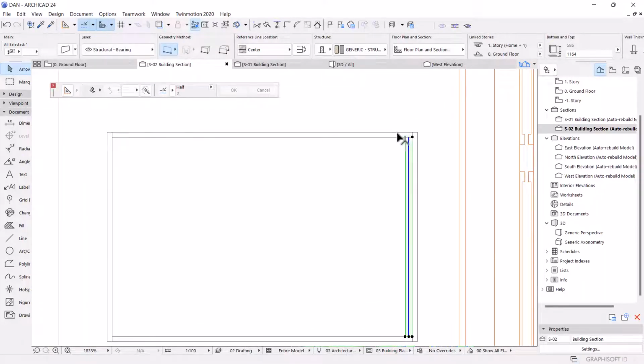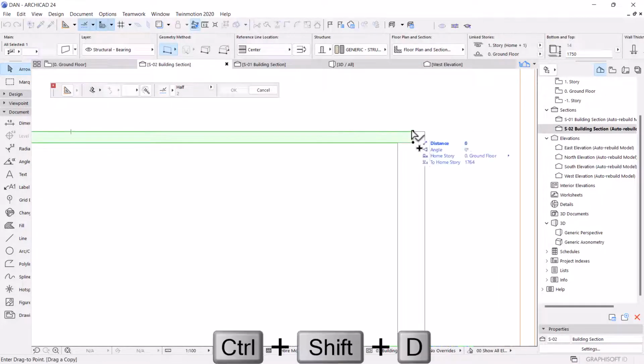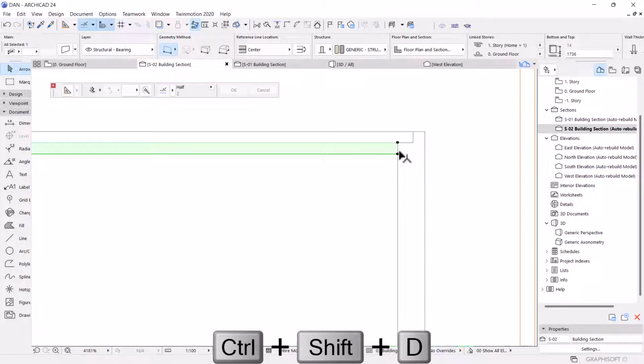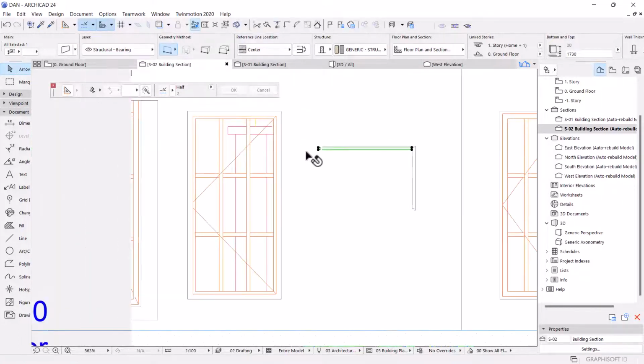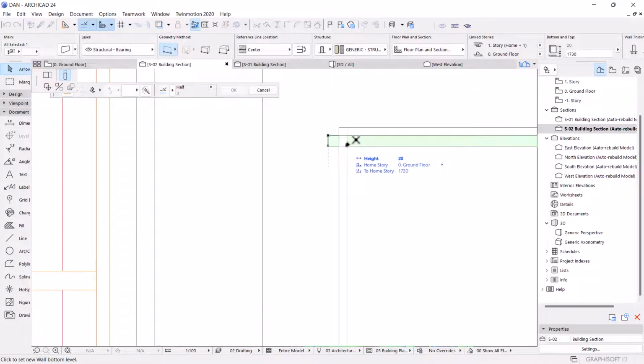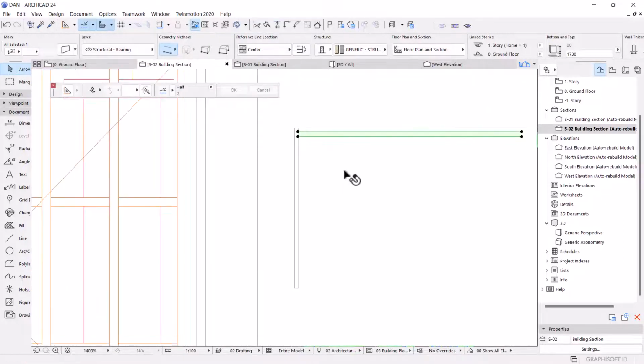Then I can drag this one downward as well, from this point, and I want to stretch the verticality to be 20, and horizontally I'll reduce it as well to here, and I can click the two of them,